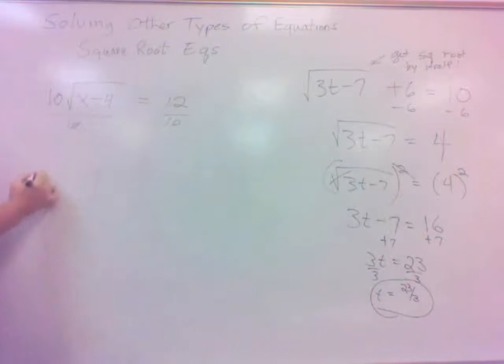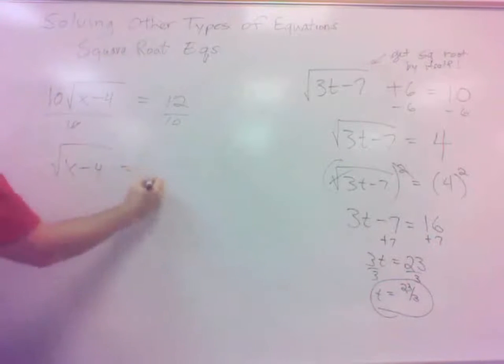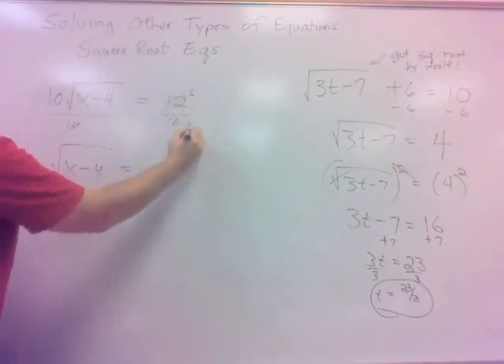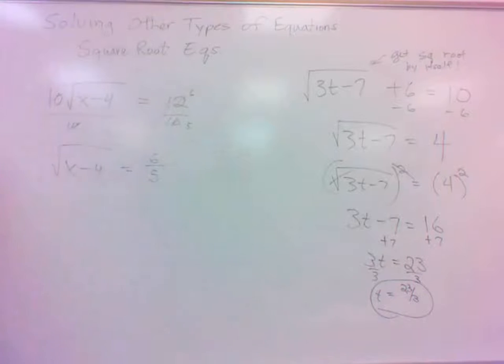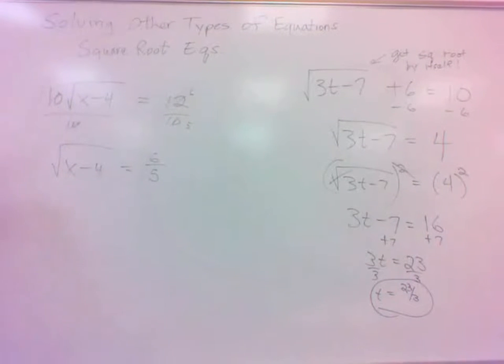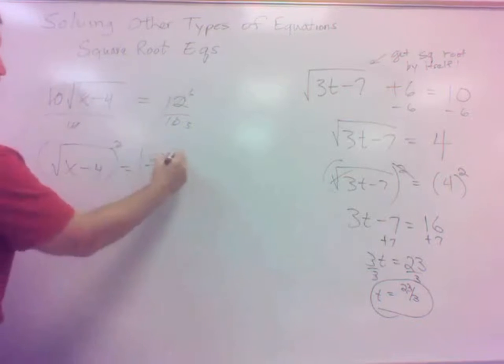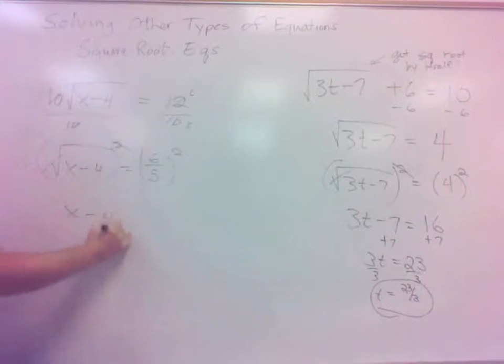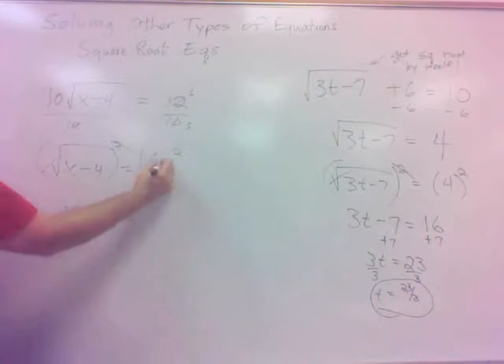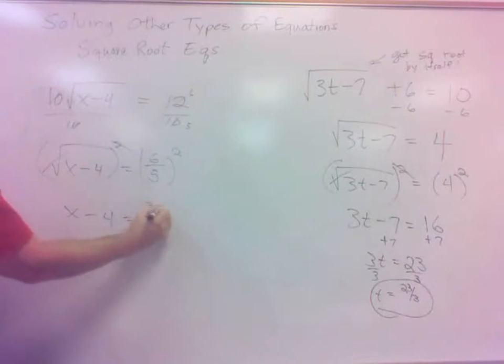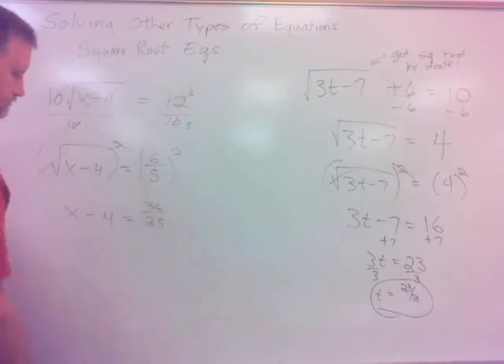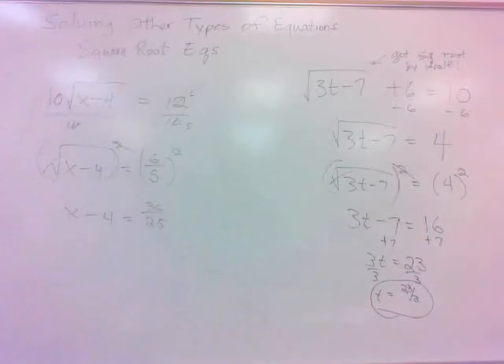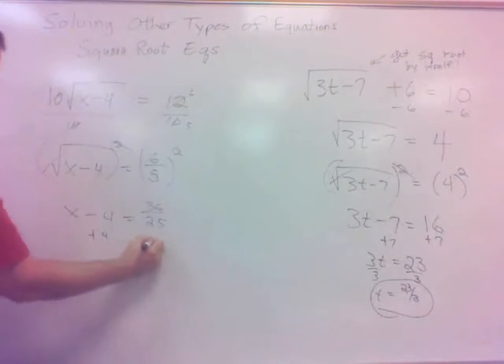That'd be okay, and get rid of the 10 there, and just get the square root of x minus 4 equals, that reduces, 6 over 5. Yeah. Could do that. If we don't do that, square both sides. That one just squares to be 100, and the square root cancels out. But, yeah, that'd be okay to do that. Then I can square both sides now. Square root and the square cancel, so I get x minus 4 equals 6/5 squared. 6 times 6 is 36. 5 times 5 is 25. 36 over 25. Then I just have to add the 4,